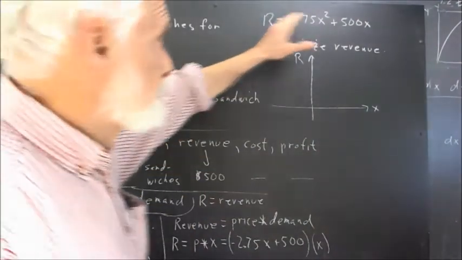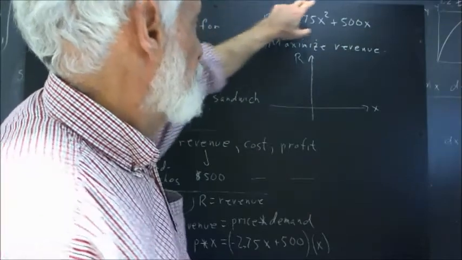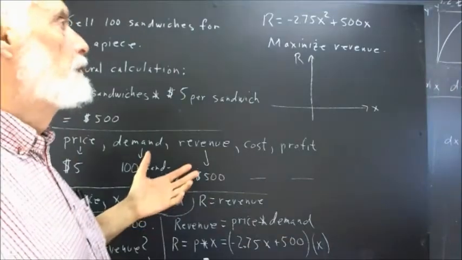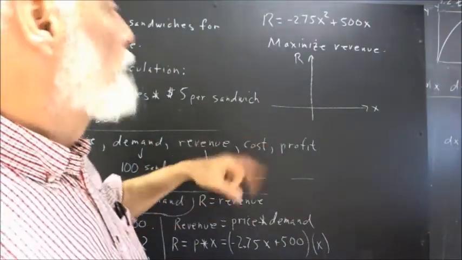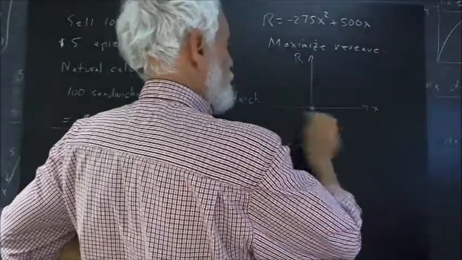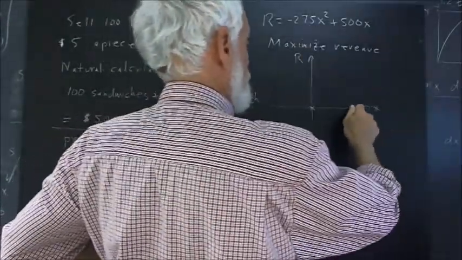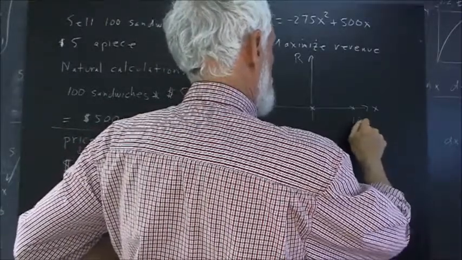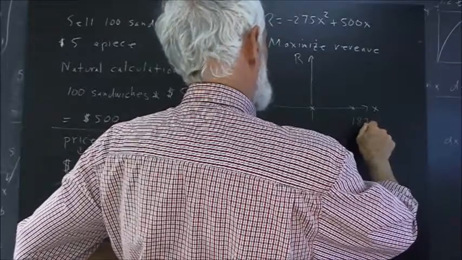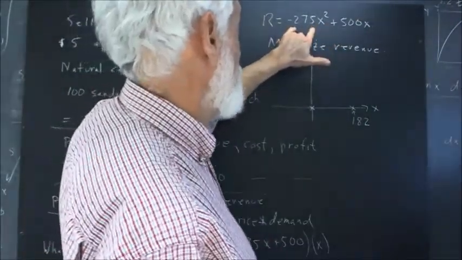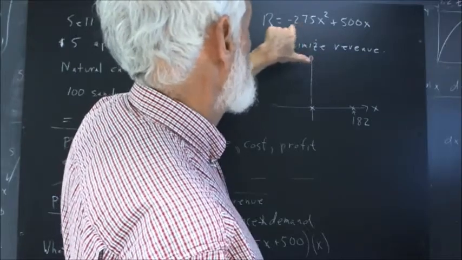Now, I'm not going to go through the details of how we graph this function. We've seen plenty of instances where we graph parabolas. I'm simply going to state the result. The zeros of this function are at x equals 0 and x equals approximately 182. And we can get that easily enough. If we factor the 2.75 out here, we get